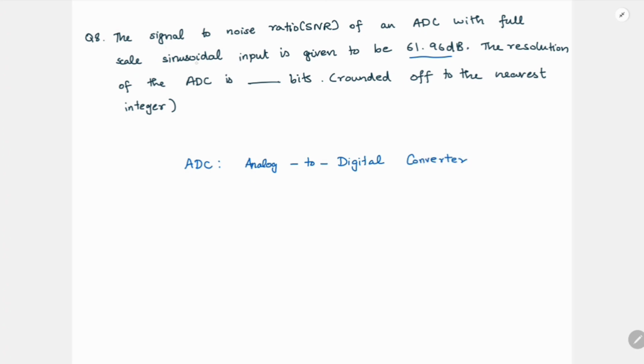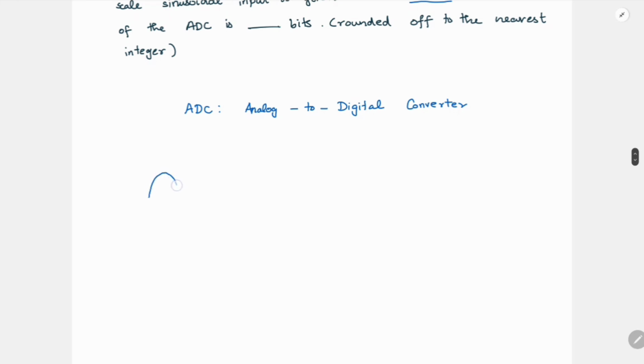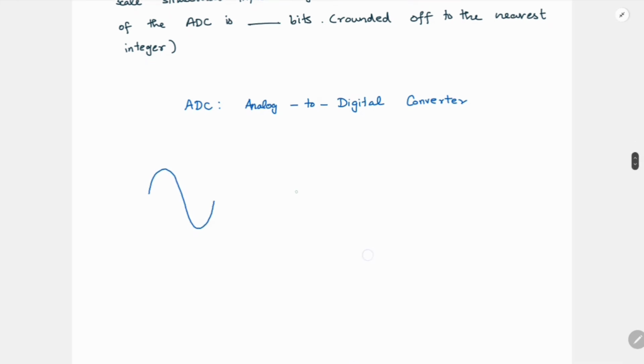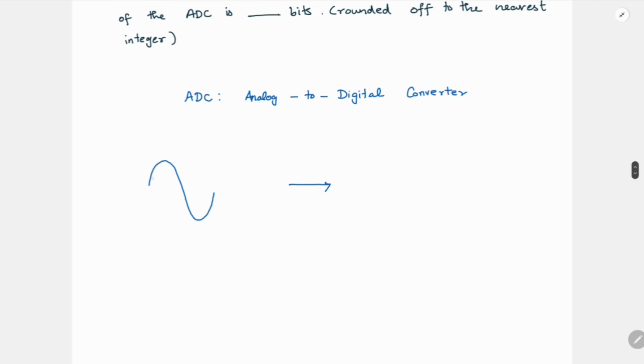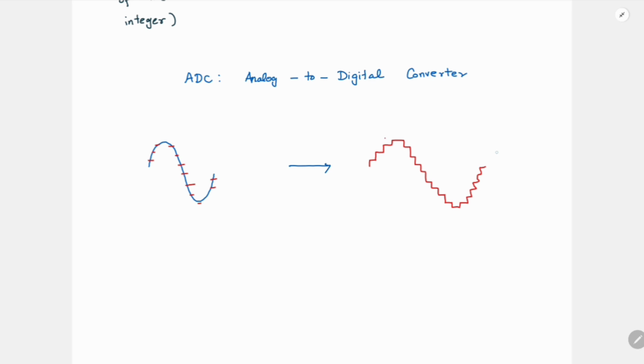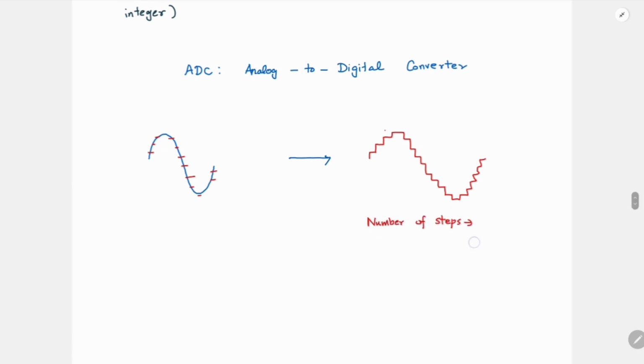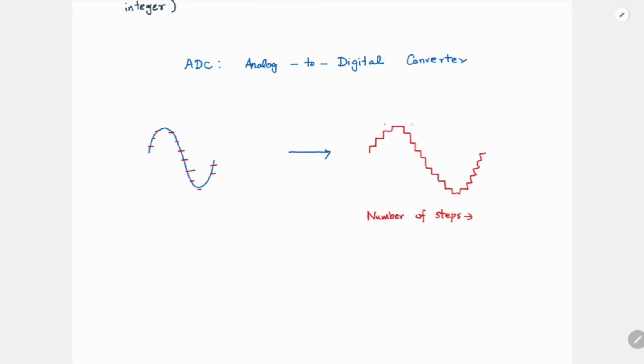And here what is the signal? Full scale sinusoidal input. So our input signal is sinusoid. So it is something like this. And now you want to discretize your amplitude, right? That is what is digital. So instead of having continuous amplitude levels, you're going to limit it to some finite amplitude levels, right? So it will be something like this, right? And this number of steps, right,